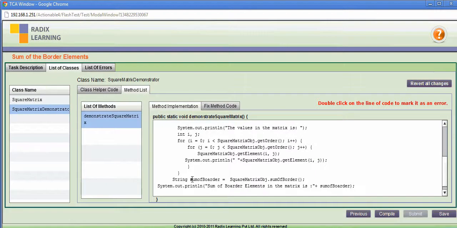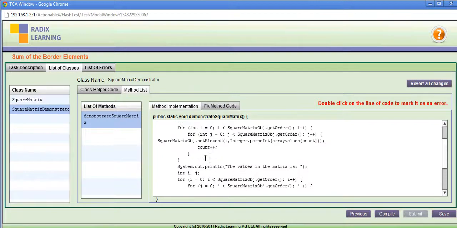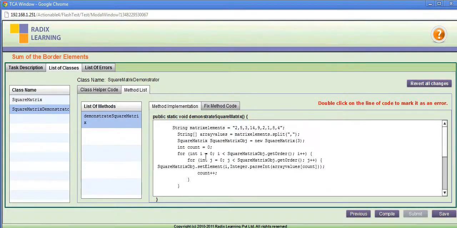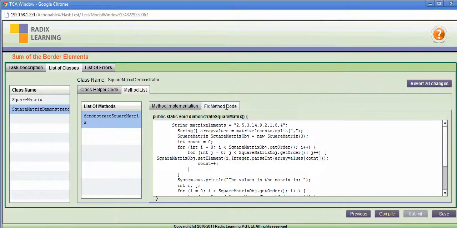Now, I notice that there are few errors in the method demonstrate square matrix. I fix those errors and click on Compile button.